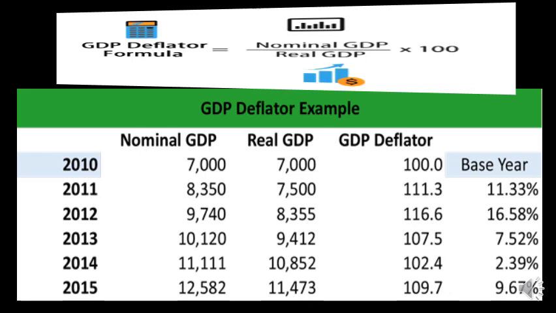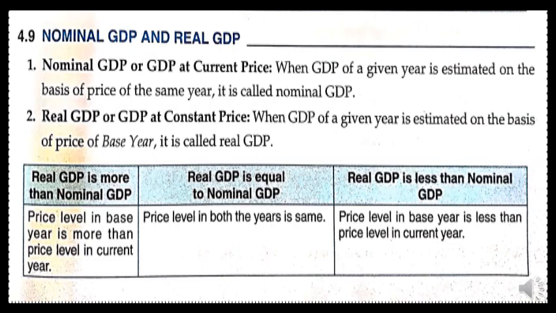Okay, so let us go to today's topic. Today, as I said in the previous class, I want to discuss with you some more numerical problems on nominal and real GDP. But before going into those numerical problems, here is nominal GDP or GDP at current price. This is the definition. So if there is a question, what is nominal GDP, this is the definition. We have done these concepts, so I'm not going back to read through it again. Real GDP, GDP at constant price, definition. You will learn the definitions, and you will write them in your copies.